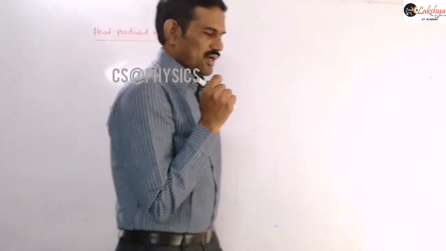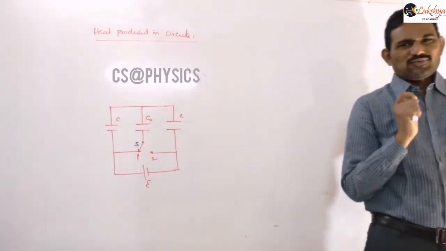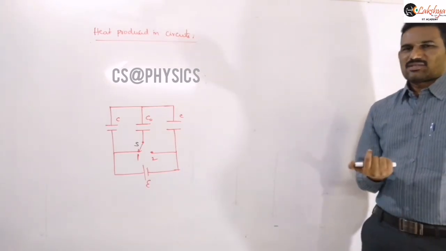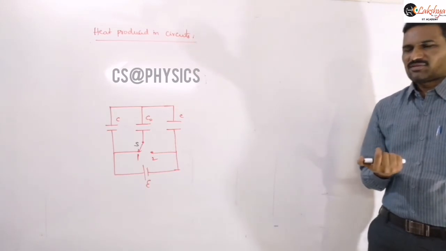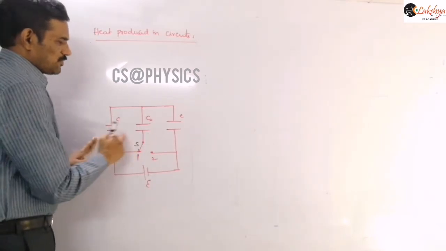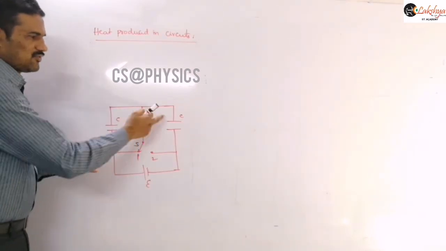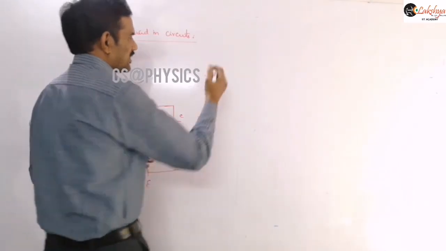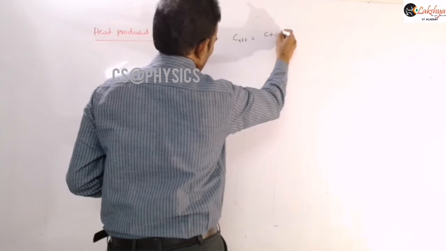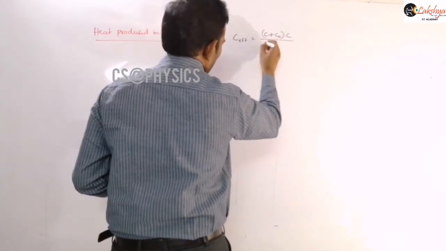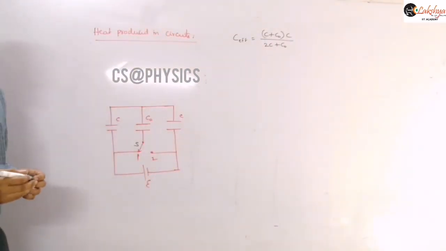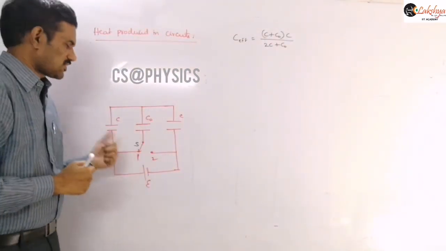And here you need to identify this question first of all. Initially, can you say the effective capacitance when it is connected to position 1? Now these two capacitors are in parallel. So C plus C0 you will get, and that will be in series with this C. So I can write this effective capacitance as (C plus C0) into C by (2C plus C0). Right, that is the effective capacitance of the system when the switch is connected to position 1.